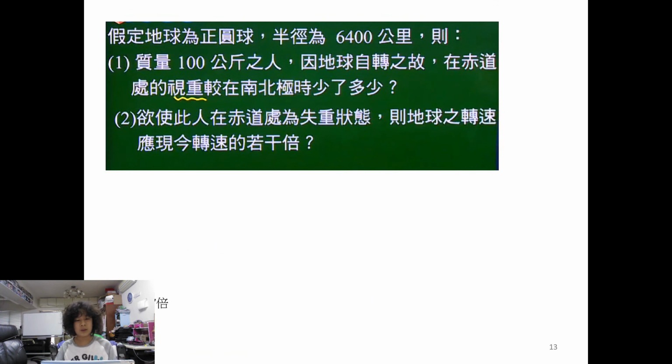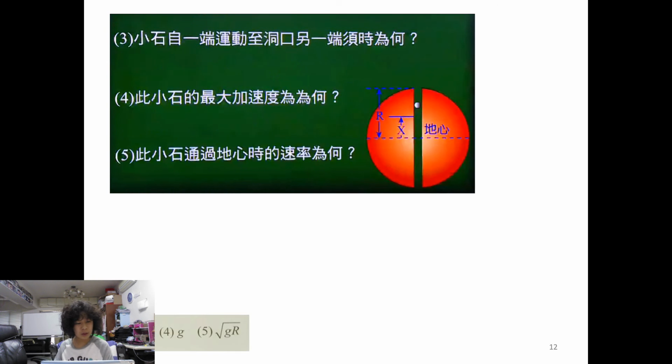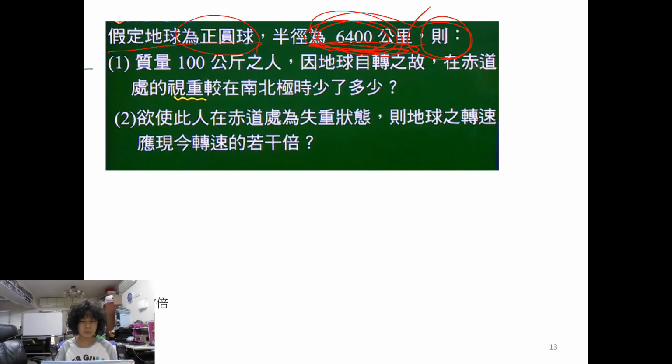And now next question. So his answer is this. This is 100 kilograms. Because when you're moving, there will be less weight, right? Yes, of course. So how do you calculate that? So now I'm going to simply just draw